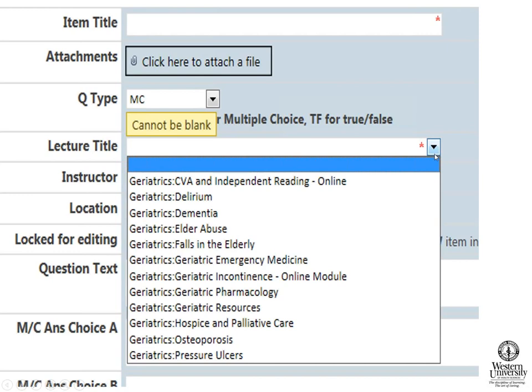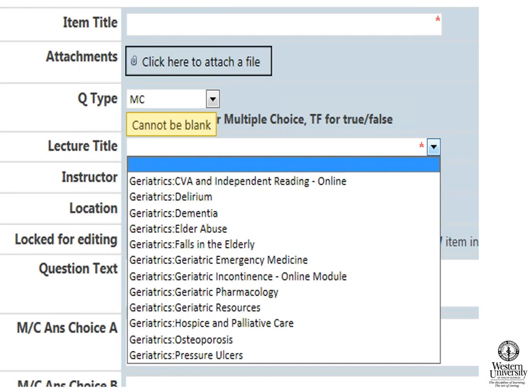And then you see this is what I'm talking about by a controlled vocabulary. For the lecture title, which is actually a category for us, it's a drop-down menu. And we do that for two reasons. It's ease of use for the faculty member, so they don't have to go and shuffle through a bunch of emails trying to find their lecture titles, and then they don't have to type all that in. And it's good for the staff member as well because it keeps all of the data clean for the import